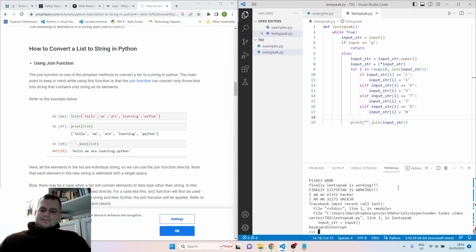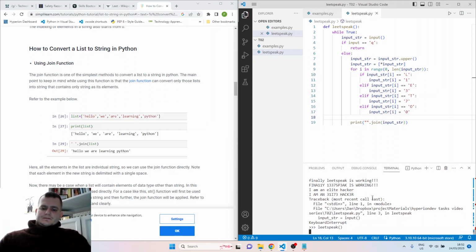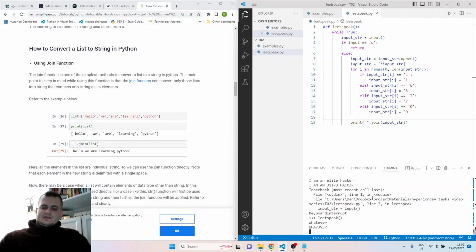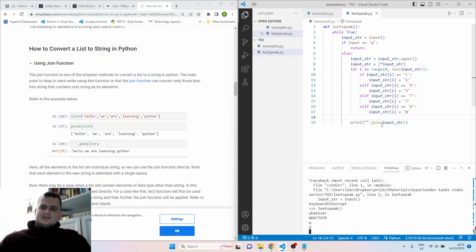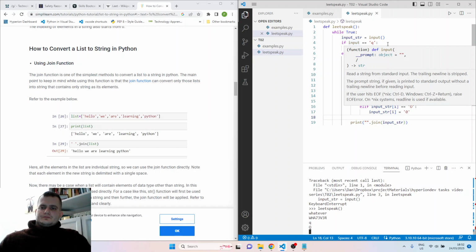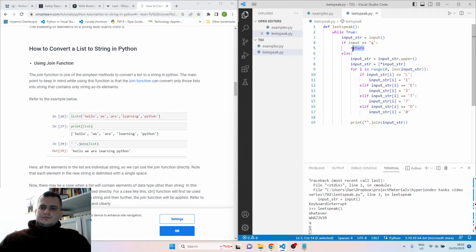Okay, now the final thing in our program is we need to make sure we can quit by pressing the Q button. So I don't think that works currently. Let's try again. So right, if we enter anything like whatever, it converts to leetspeak, but if we press Q, it should quit, but it does leetspeak because we somehow need to do a check here when we do the input. I don't know why this is not working because it should be, right? Because we are